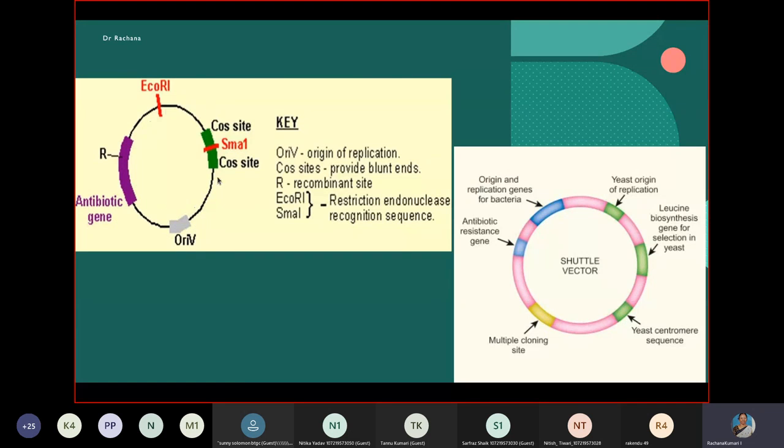So such recombinant DNA molecules will serve a dual purpose. They can thrive in bacterial cells like a plasmid, or else they can behave like viruses. Such cosmids will behave like viruses by infecting the bacterial cells, inducing the lytic cycle, so that a large number of copies of the target DNA can be released.